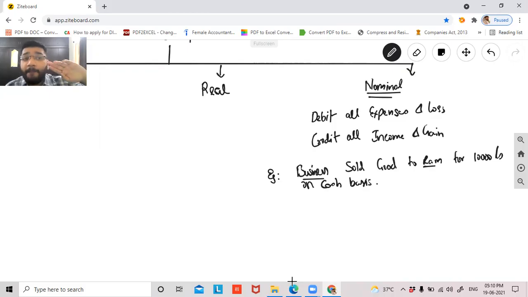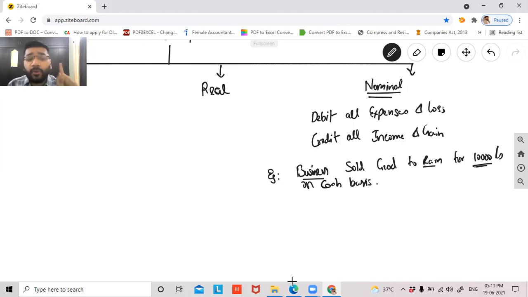Yes, sir. Guys, money or money's worth, or if I say financial transaction, it does not mean that the money should be received or paid immediately. It can happen at a later date also, but still it is called a financial transaction because some financial worth has to be attached to the transaction. That is what is important. So yes, we have 10,000 worth of money attached to this transaction. So this is a financial transaction and this is happening in the course of business. Hence, it is a business financial transaction.